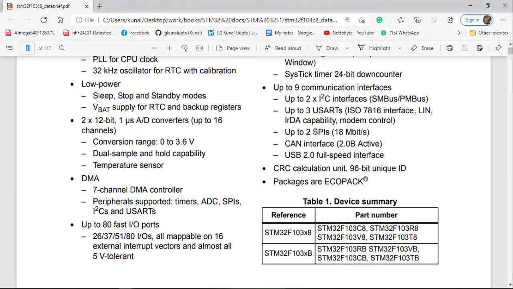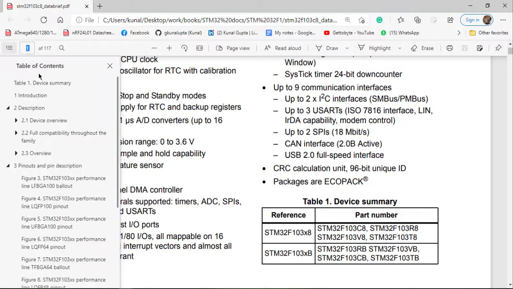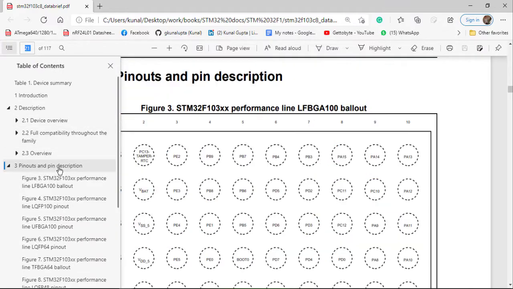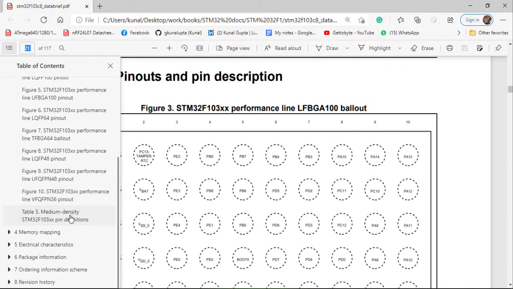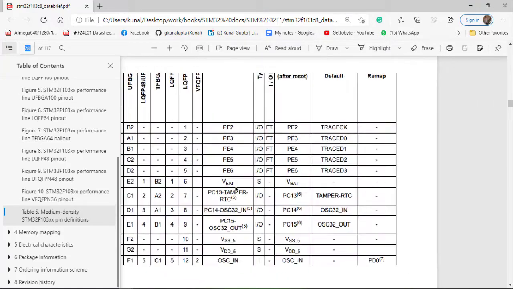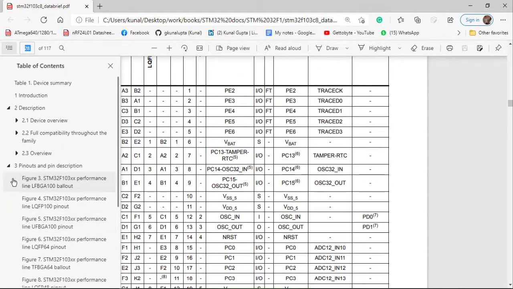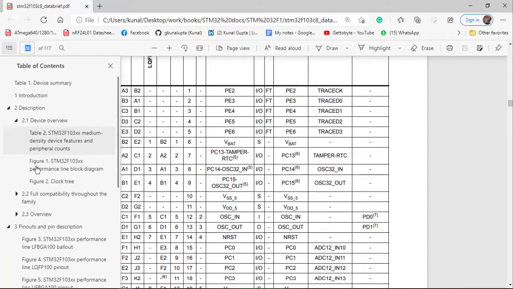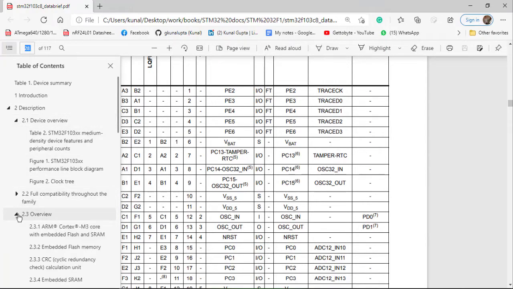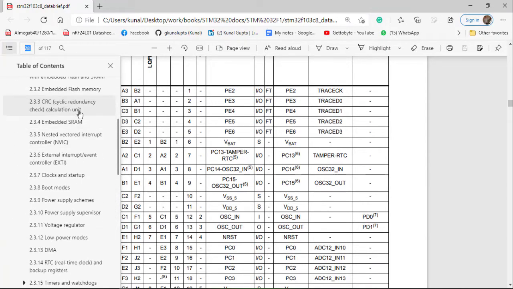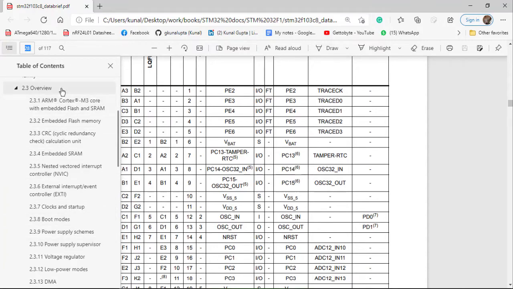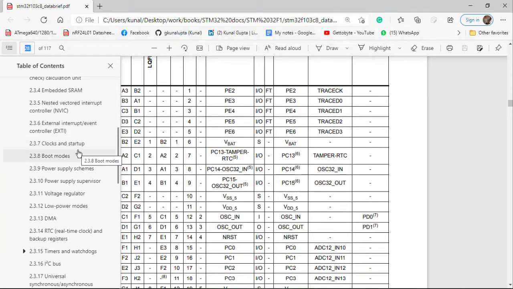You can see how many USARTs it supports, how many I2C it supports, how many SPI it supports, and going to its pinout and pin description, and going to this table, you can see what all pins it supports. Also, if you want to see in detail about the device overview and all such kinds of things, in the description part and in the overview section, you can see all the peripherals which your microcontroller supports.